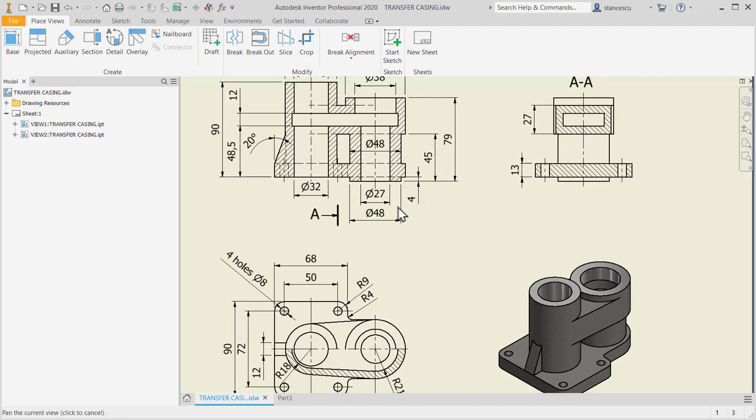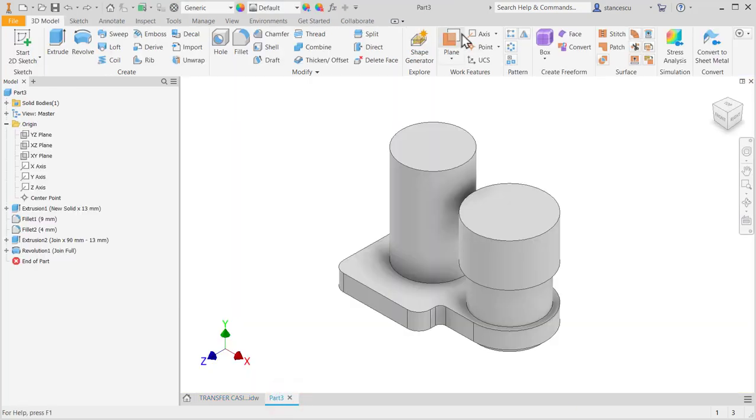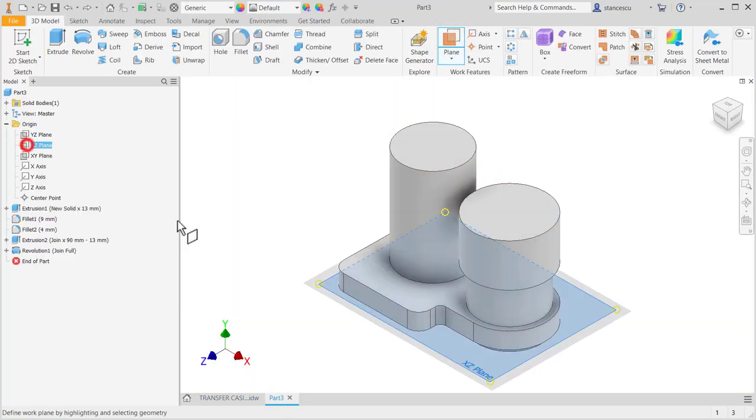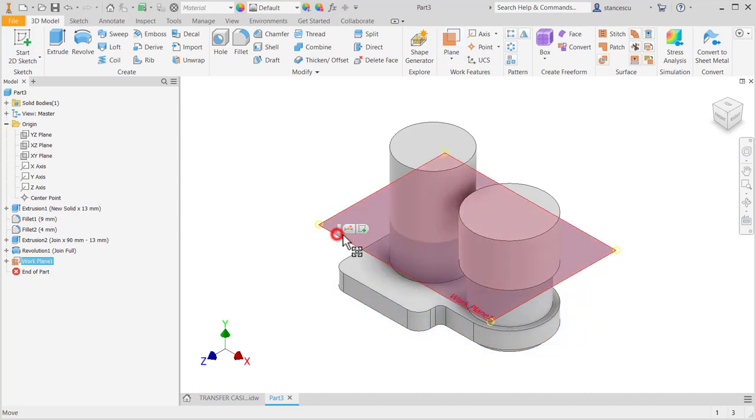This connecting element is tangent to both, and the distance is from this face, so we have to subtract 4 millimeters to obtain the plane. Plane 45 minus 4, sketch,